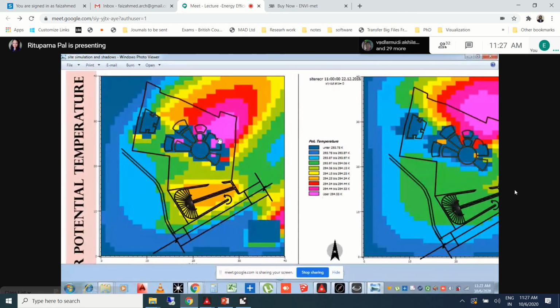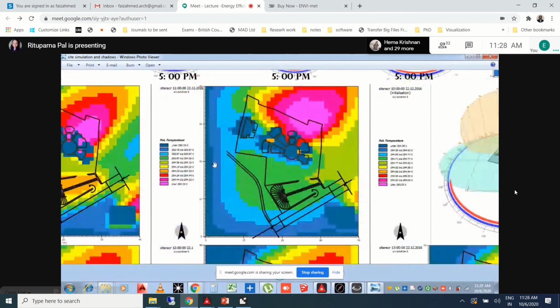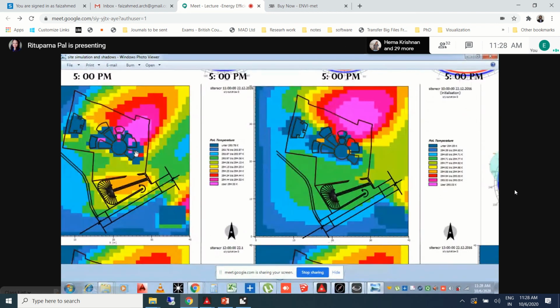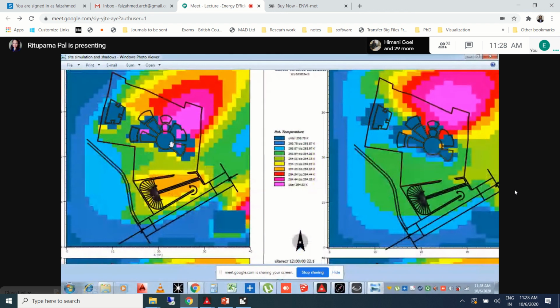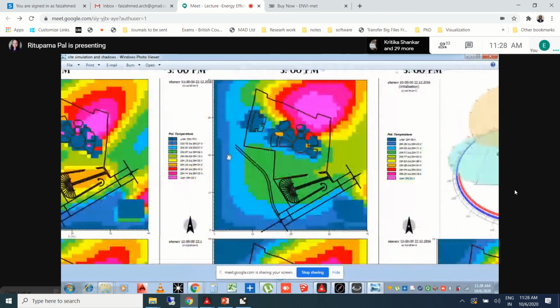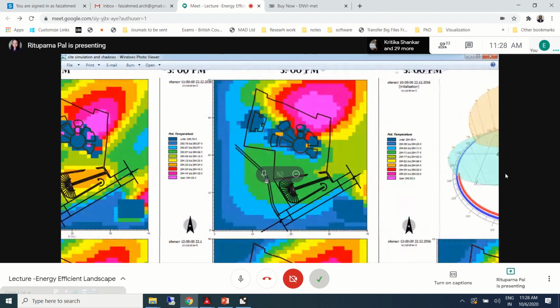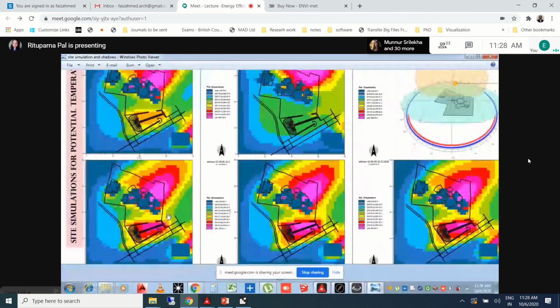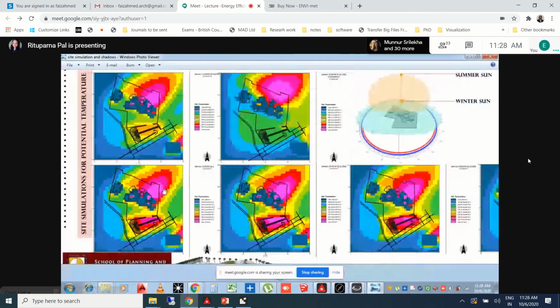And you can see that this part has the highest potential temperature here, and these color contours give you an insight of what kind of potential temperature is present. So this can be done for various times of the day, like maybe during 10 o'clock in the morning it is showing something like this. Maybe during 5 o'clock in the evening it is showing like this. So for different times of the day, the graphs will be changing.